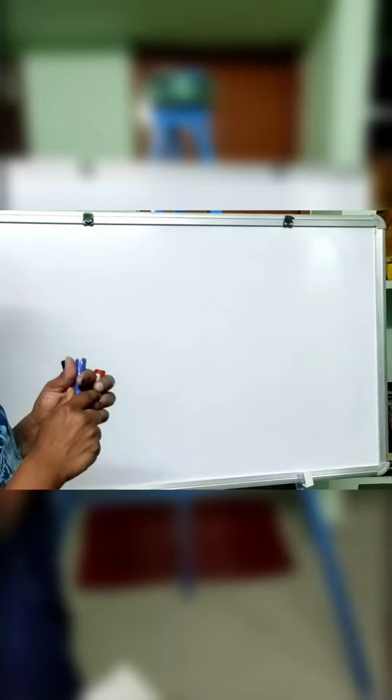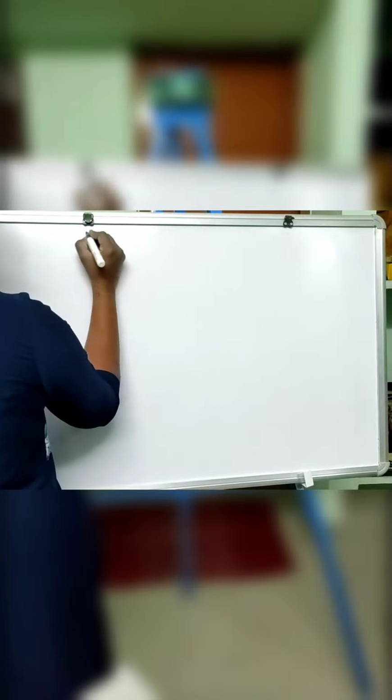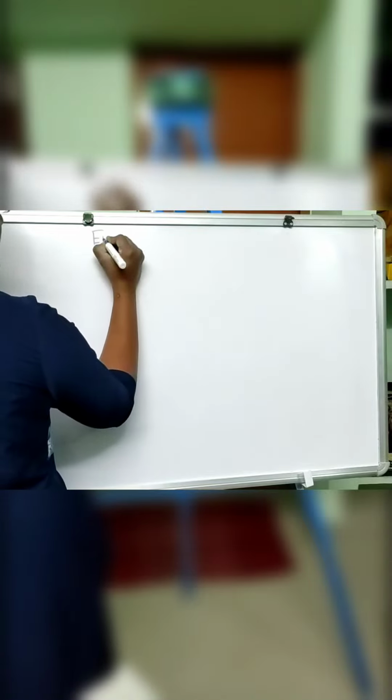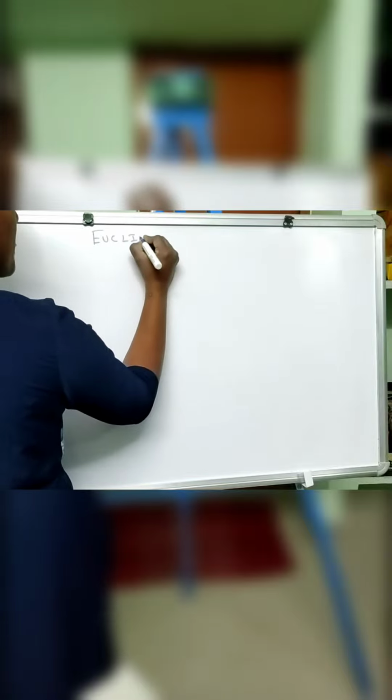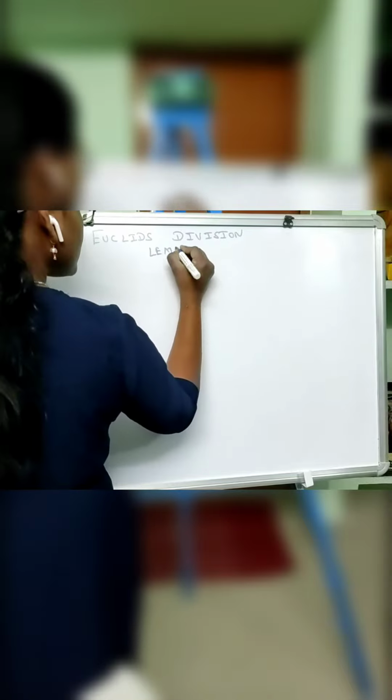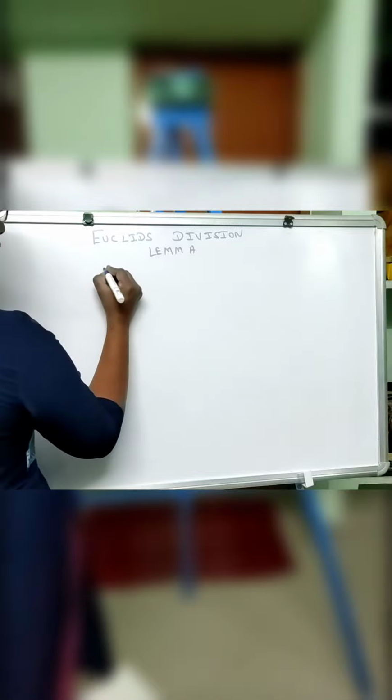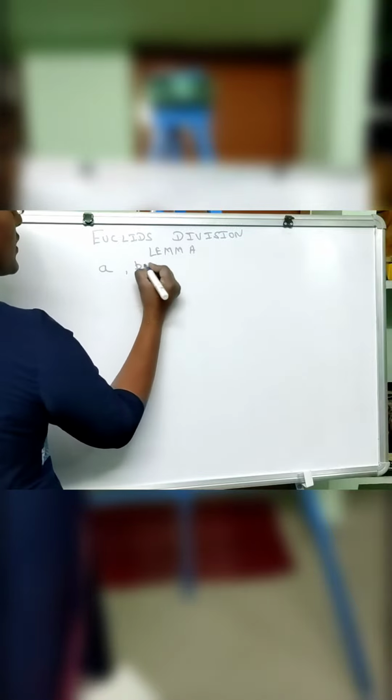Hello everyone, today we'll see about Euclid's division lemma and prime factorization method. What he has said is, for any given positive integers a and b, say for example we have two positive